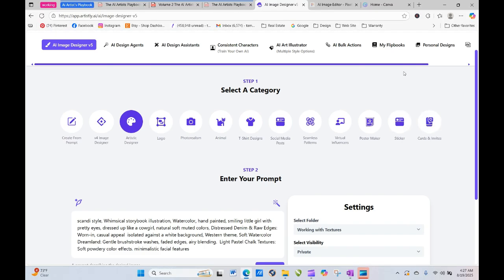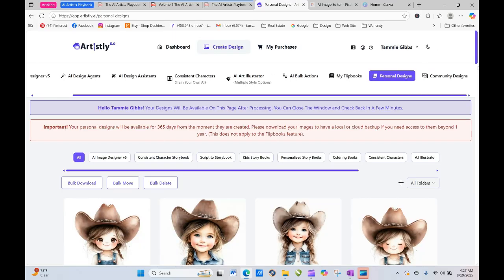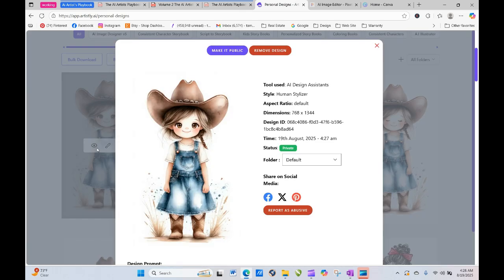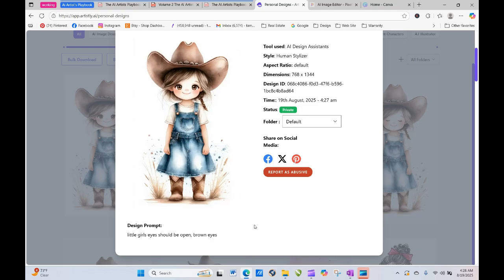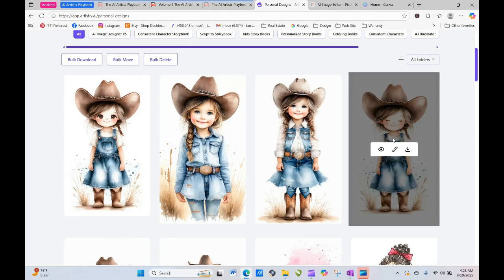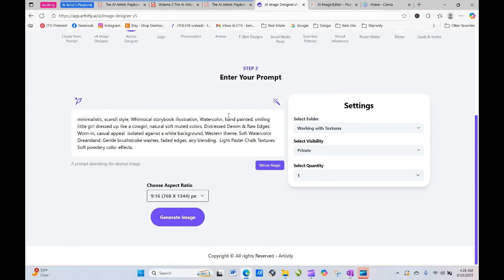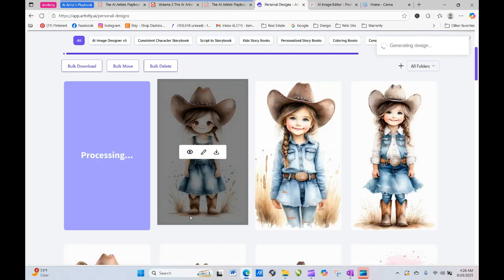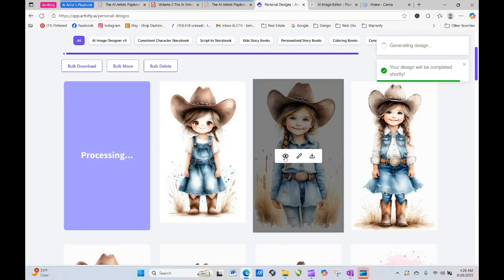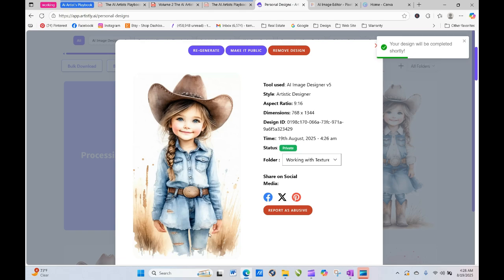And let's go back over here. There we go. See, we were able to get her eyes open. The only problem is it doesn't give us any sort of prompt. We could go in and try adding this part to this image and just maybe even put it down here. Little girl's eyes should be open, brown eyes. I'm not sure how that'll work, but then these little girls still could make a really cute pack of clip art,